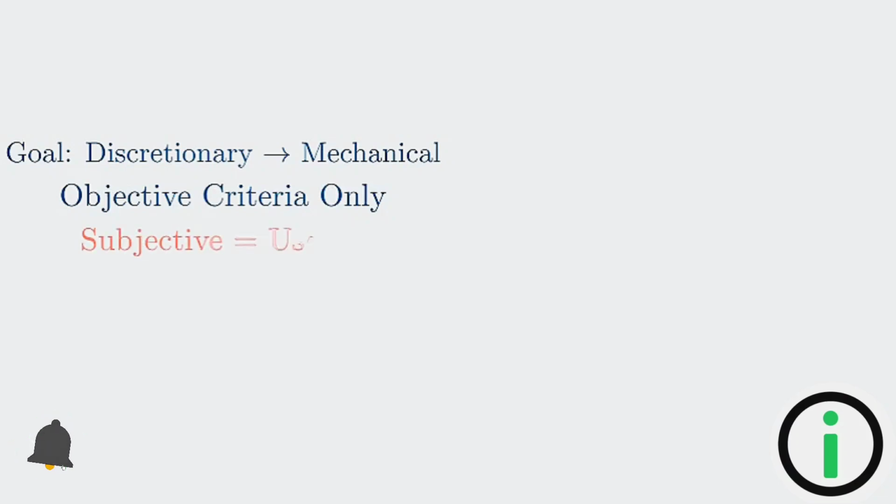Now that you have picked a lane, we need to design your entry rules. The goal here is to move from discretionary to mechanical. An entry rule must be so clear that if you gave it to 10 different people, they would all take the exact same trade at the exact same time. Phrases like "the candle looks strong" or "overbought" are useless because they are subjective.